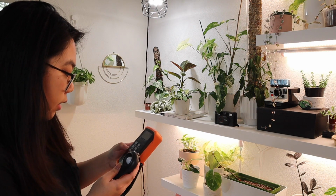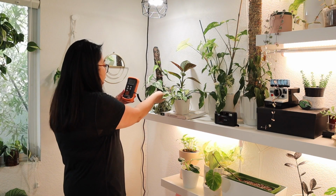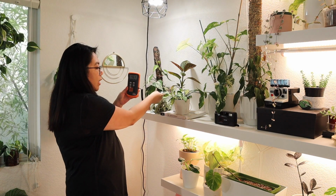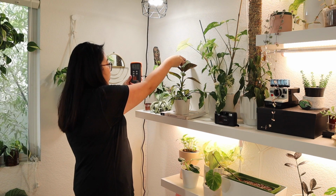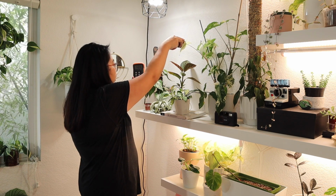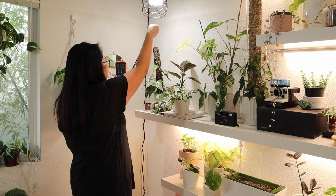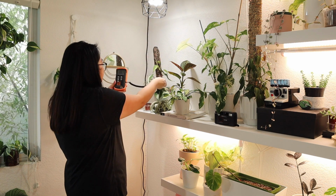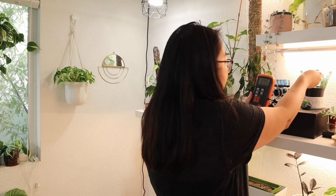Let's change the foot candles, okay. My Sansi grow bulb down here is 467. This is closer, this is like 500, this is closer to the bulb, this is over 500. And then you bring it all the way closer up here, it's more than 1,000, but you definitely don't want your plants that close. These strip lights,